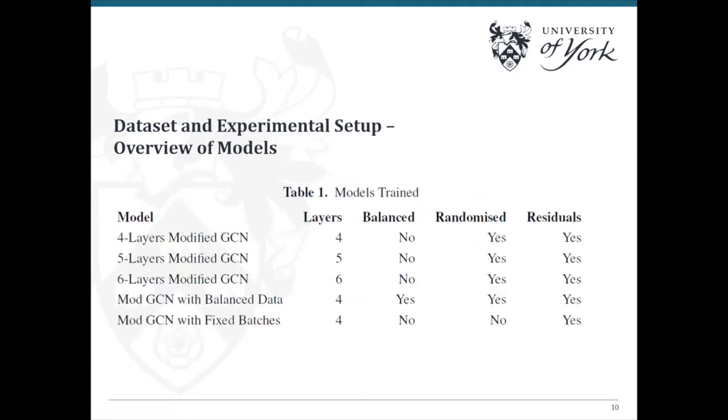So we trained 5 models. We trained 3 that are effectively identical except for the number of layers. So we trained one with 4, 5, and 6 layers that did not use the balancing mechanism I described, but did use the randomization and the residual connections. Then we had an example where we used both the balancing and the randomization, and we also had one where we did not use the randomization or the balancing